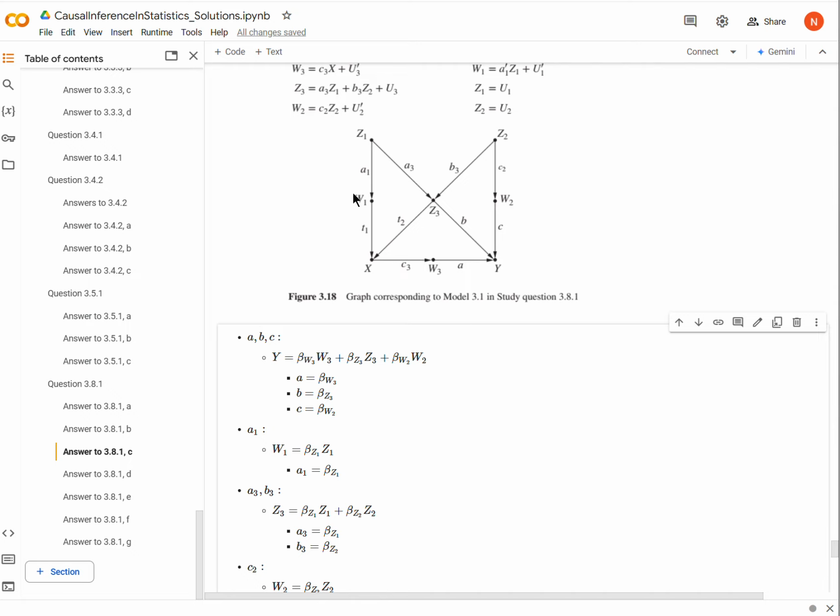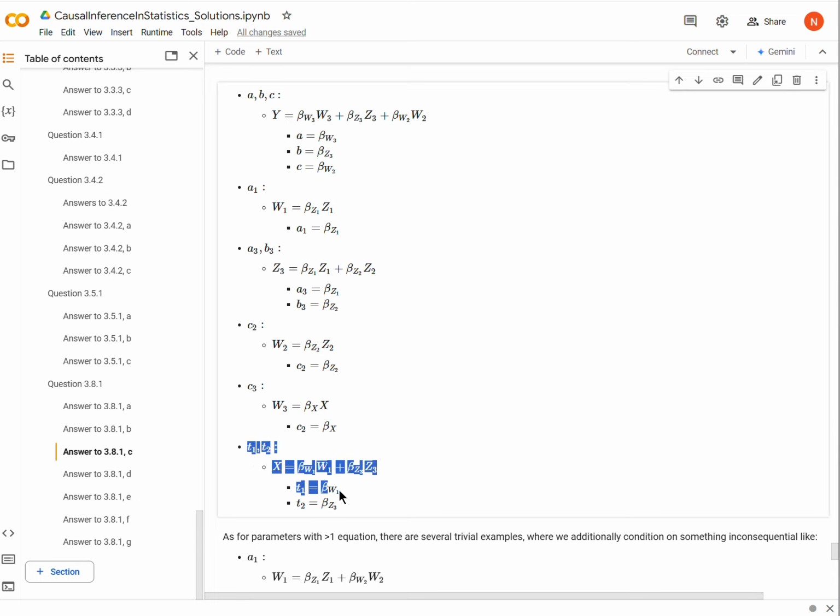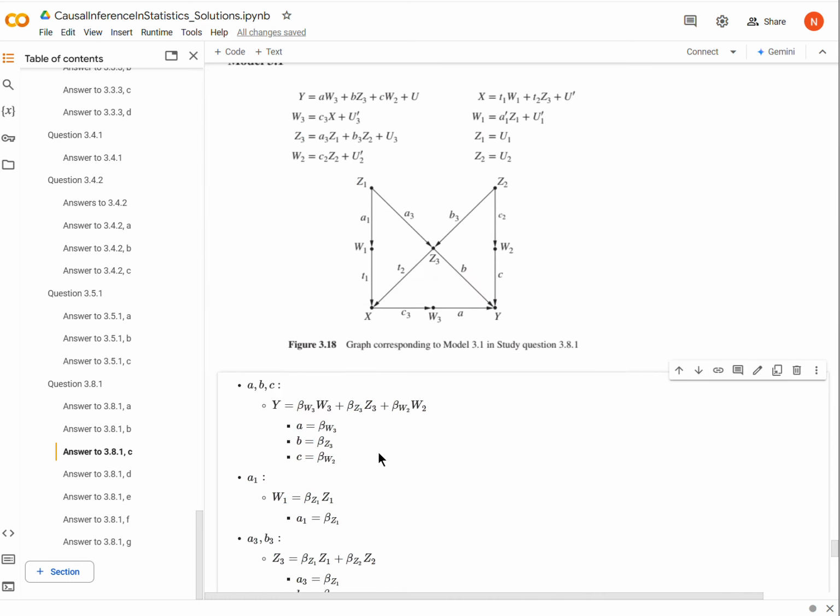So let's find an interesting case. Let's find T1. Here's my initial answer for finding T1, and let's just reason through it. T1 feeds X, so I'm probably going to regress X onto other variables. And what should I regress it on? Probably W1 and Z3, because those are the things that are feeding X, through T1 and T2. So my regression equation for X would probably be